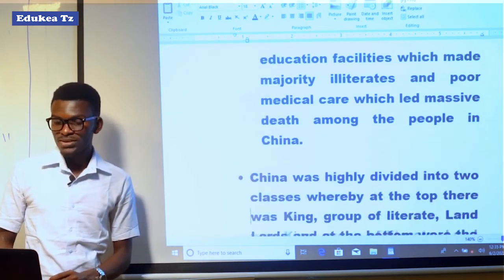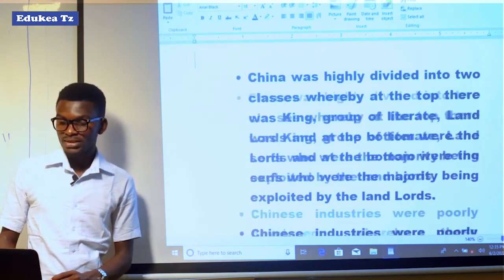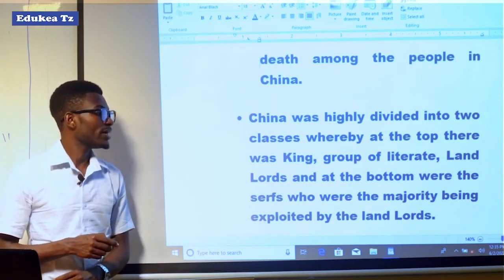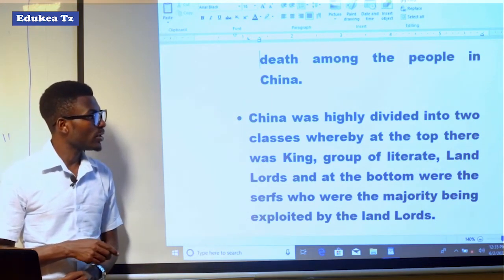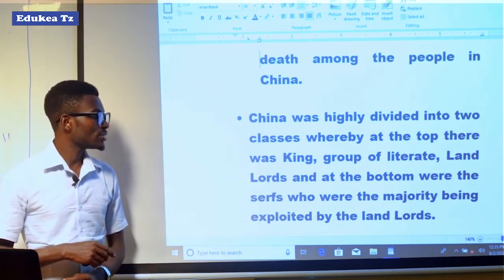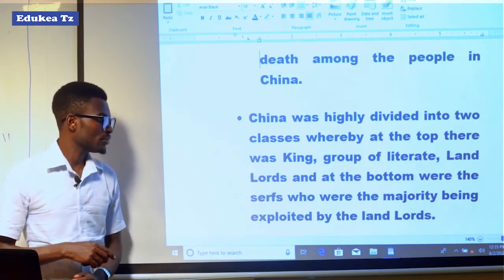Also, another situation that was common in China, it means that China was highly divided into two classes, whereby at the top there was the king, a group of literate landlords, and at the bottom were serfs, who were the majority being exploited